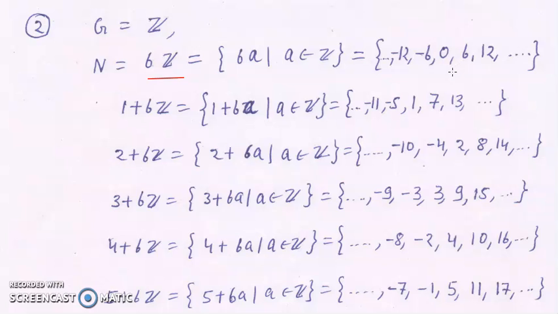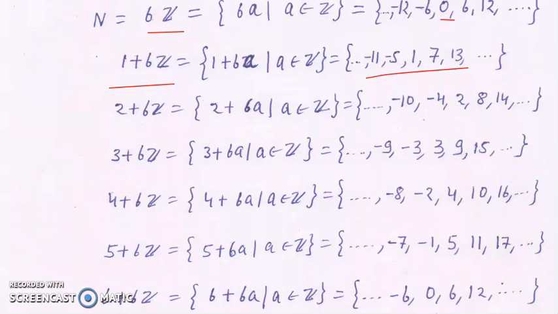For determining the cosets, what will you do? You will take one element which is not here. As I can see very clearly, 1 is not here, so 1 + 6Z will give us another coset. Now I write all the elements of 1 + 6Z. As you can see, 2 is not present in either coset, so 2 + 6Z will give us another coset. After writing 2 + 6Z, 3 is not present in any of these cosets, so 3 + 6Z will give us another coset, and going on, we can reach up to 5 + 6Z.